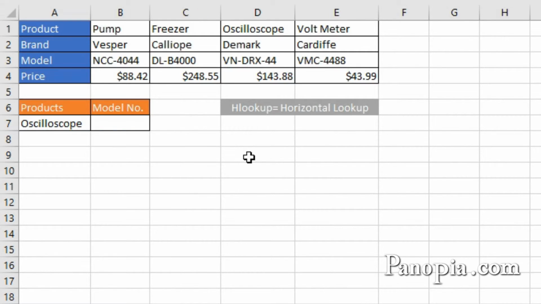Hlookup is the horizontal version of Vlookup. It searches horizontally across the first row from left to right for a value, then returns a value in another row. Here's a table where the products are in columns rather than rows. I've got a drop-down with all the products in A7, and I want to find the model number for the product. Into B7, type equals